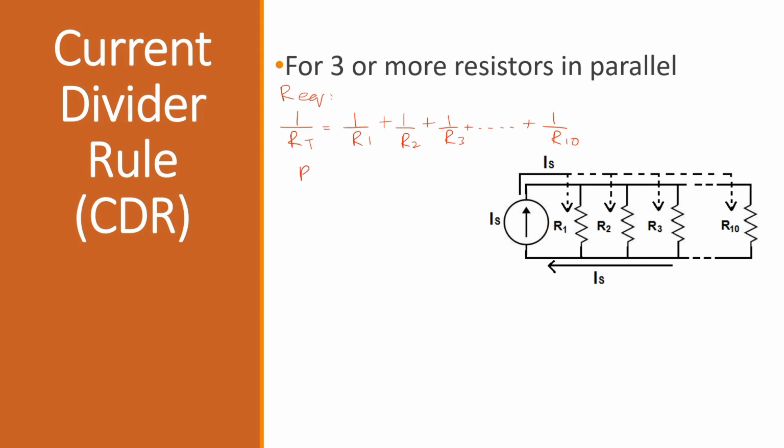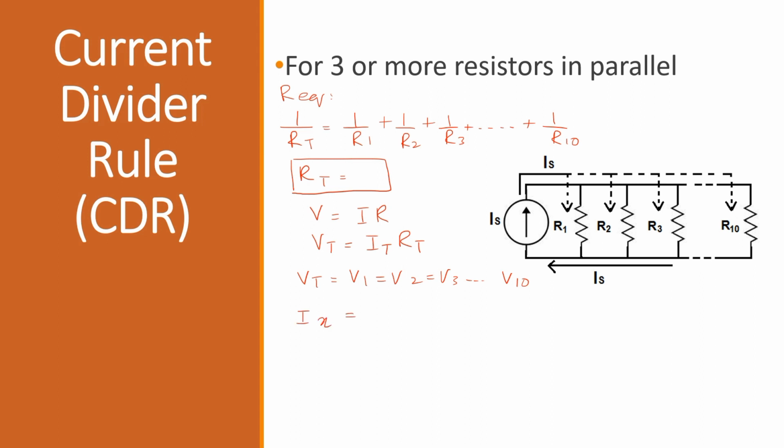Now after solving, we'll get the value of R equivalent. Now again, from Ohm's law, we know that V is equals to IR. Therefore, Vt is equals to It RT. Now, we know that in parallel circuit voltage remains same. It means Vt is equals to V1 is equals to V2 is equals to V3 is equals to till V10. Okay. Now current through any resistor is